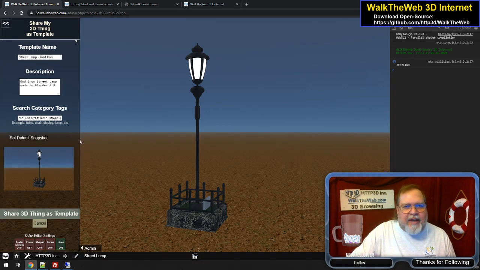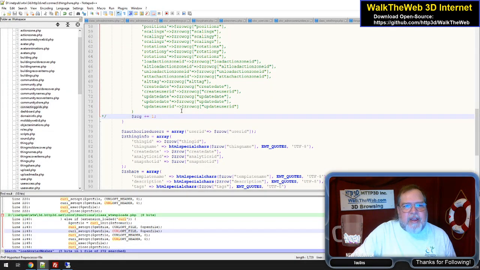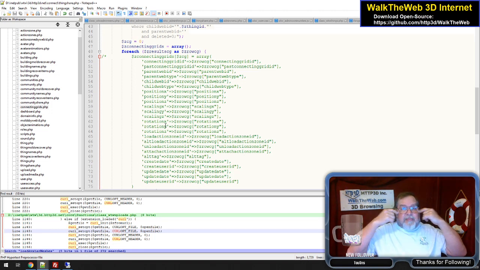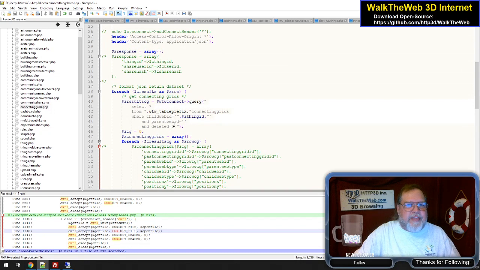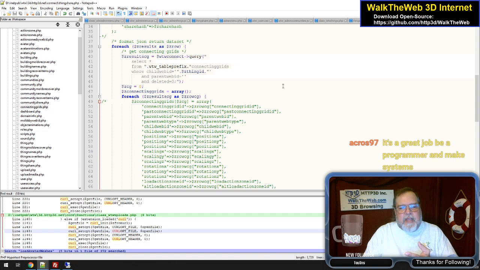Okay, so back to where I was. What I'm doing is I'm working on sharing this template, but to do that, I have to set this up where it's adding a lot of pieces. There's a lot of things this thing has to do, but one of them is all the various parts for a thing. We have what we call the connecting grid, which is like a pin drop. When you add your item to another scene, for example,